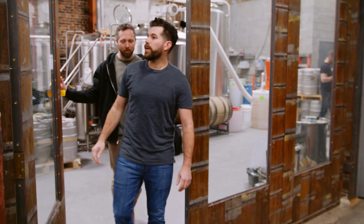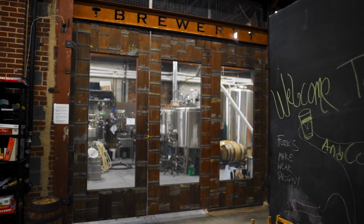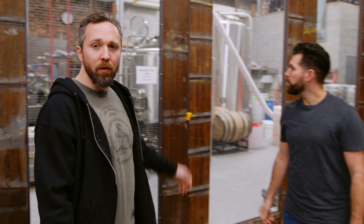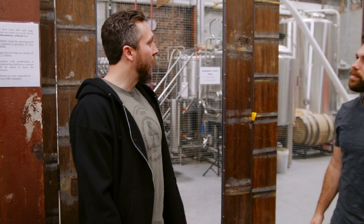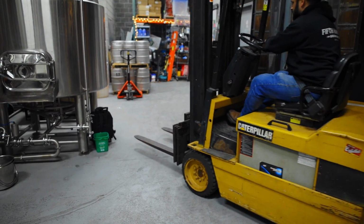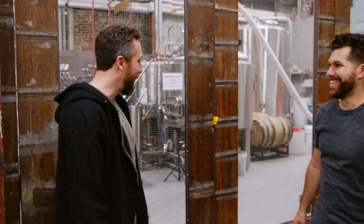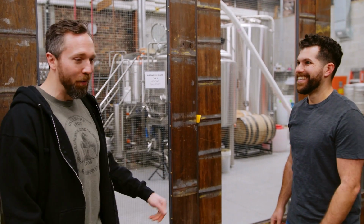Check out these doors right here. Tell me about these doors and how you made them. So initially, when the brewery was already opened, after everything else was built out, they had just an opening here for their forklift to get back and forth from their brew side to their tap room side. And what they found was that the general public, not having any barrier here, was just wandering into the brew space. This sign didn't help? No, it did not help, and their little yellow chain that they had here for a long period of time